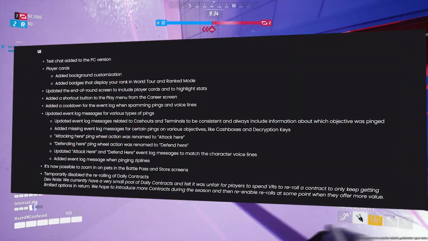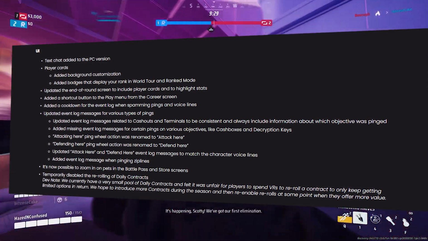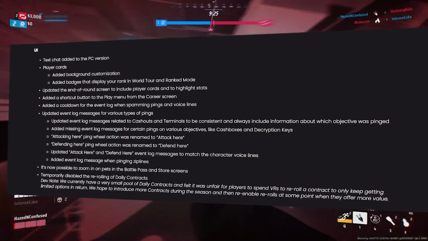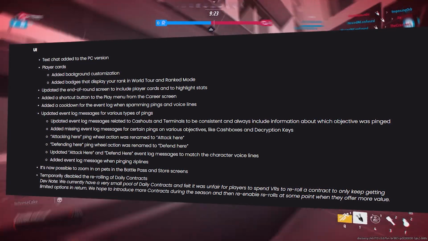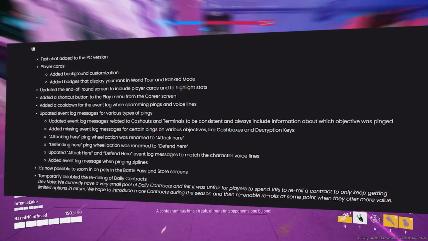As for the UI, just like they stated before, they added text chat to the PC version of the game, as well as the addition of player cards. They added background customization, as well as badges that display your rank in the World Tour and ranked mode. So if you're an ex-Apex player like me, this is kind of familiar, and you can flex all your achievements